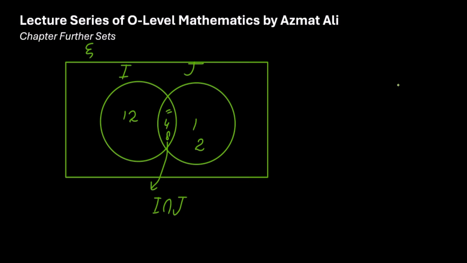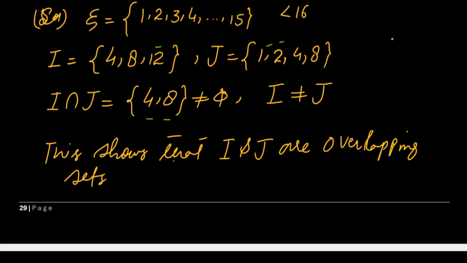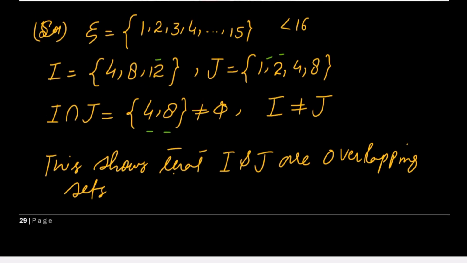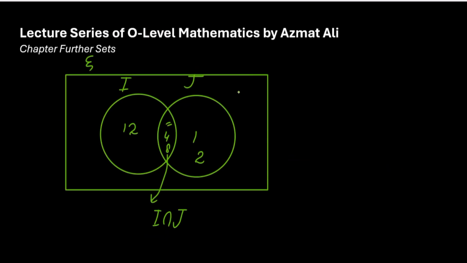Next, the remaining elements which are the elements of your xi, we can write them here. 1, 2, 3, 5, 6, 7, 8 already has been written, 9, 10,